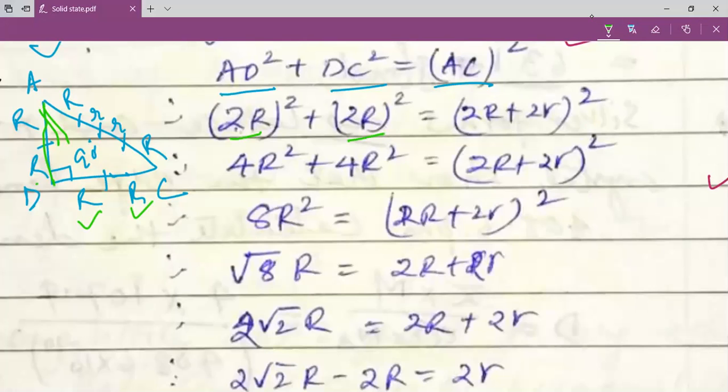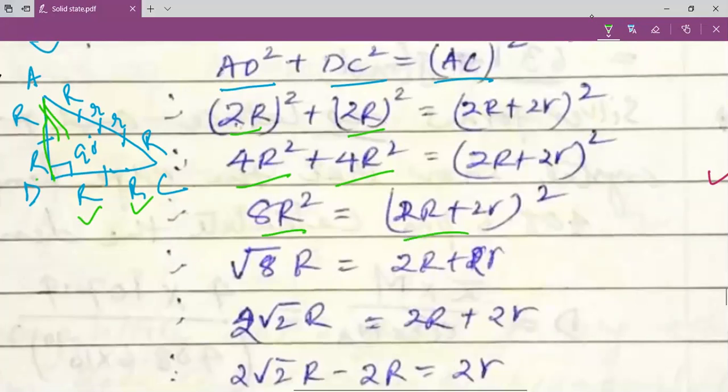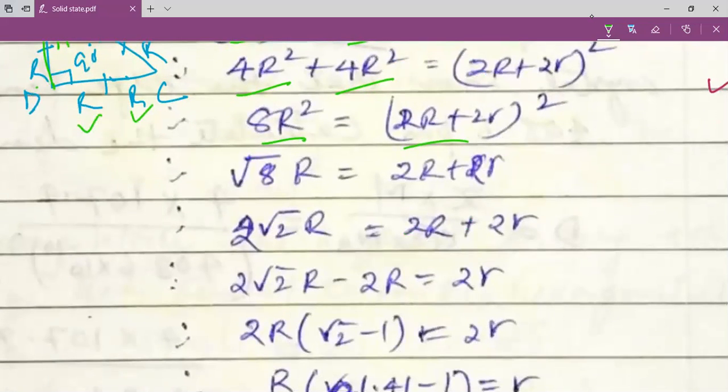So now, my dear students, 2R square gives us 4R square. 4R square, that gives us (2R plus 2R) whole square. So we can have 8R square is equal to 2 into (2R plus R) whole square. Therefore, if we take the square root on both sides, square root of 8R is equal to 2R plus 2 small r. Therefore, my dear students, this root 8